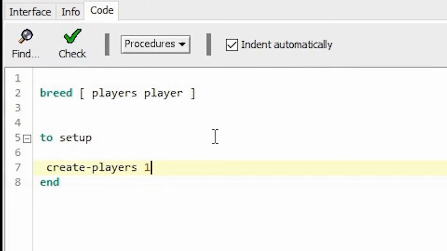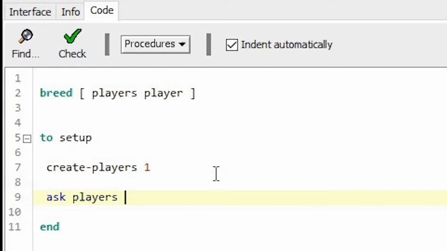So here I'm going to say create players, and I only want one player. And after that, I can use a command called ask. Ask is more like a for each loop. That means ask all the players available to do these things.